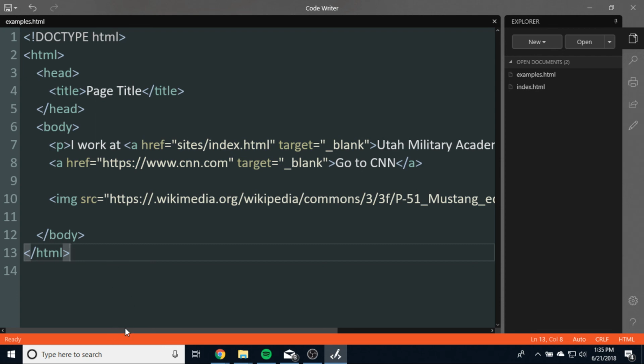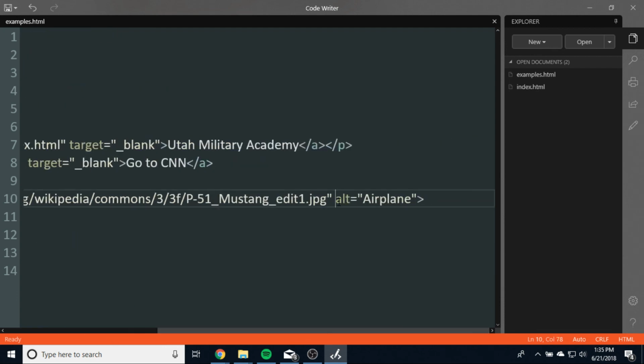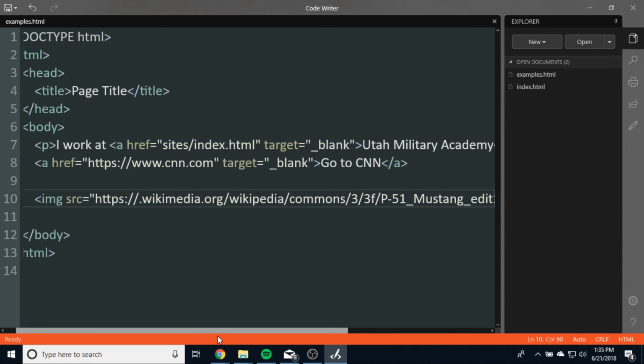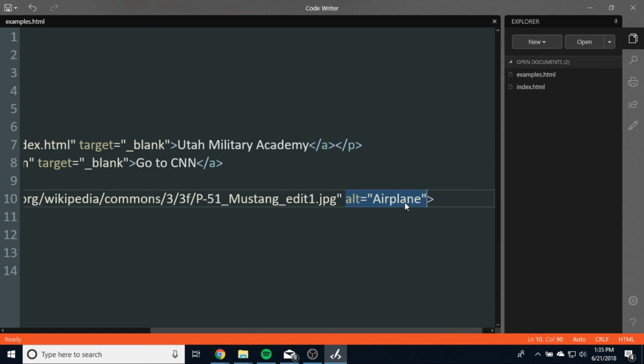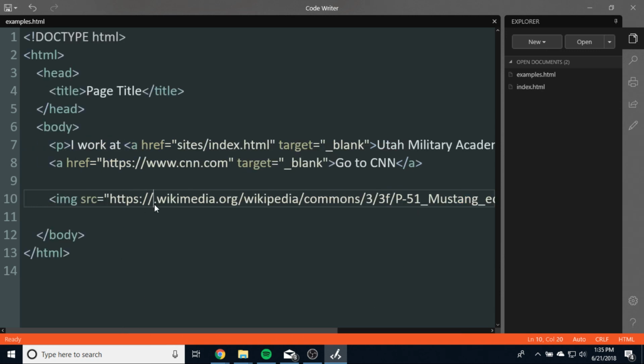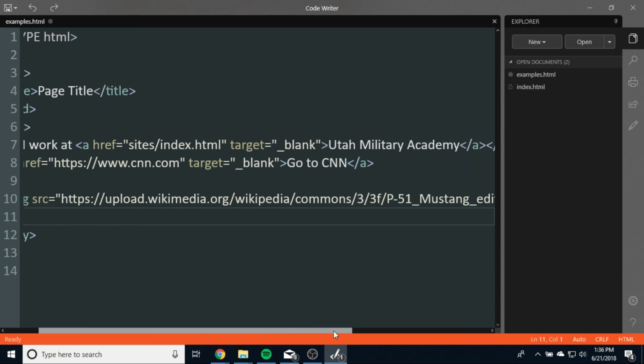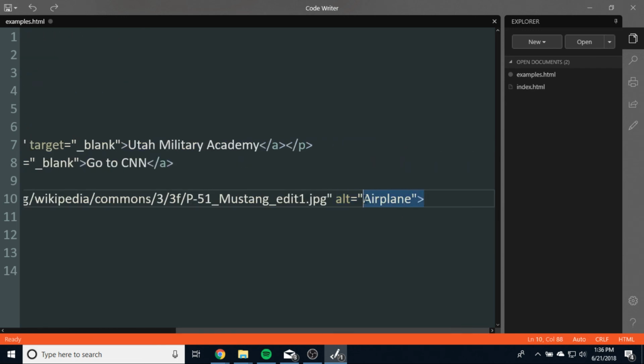When they get to images, if there's no alt attribute on the image, then it won't know what to do with this picture. It'll start reading out this long source attribute, which really doesn't help. The alt attribute tells it what it's supposed to be, right? Picture of an airplane. I don't even remember what was there. There we go, upload. So we always, always, always want an alt attribute with every image that we put on our web page. You would never, never put an image on a web page without an alt